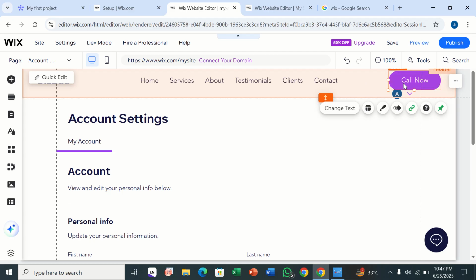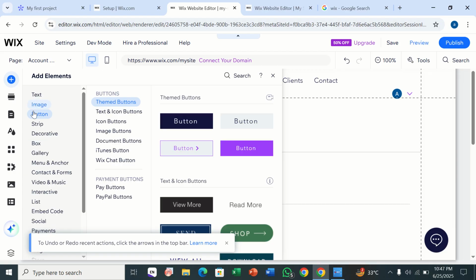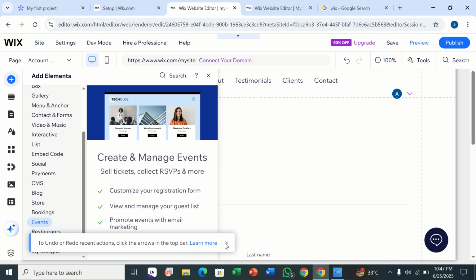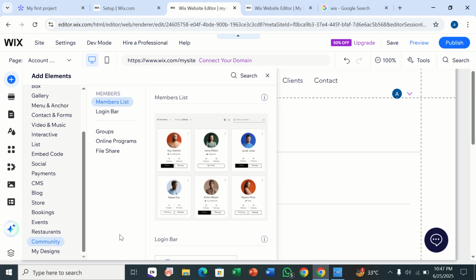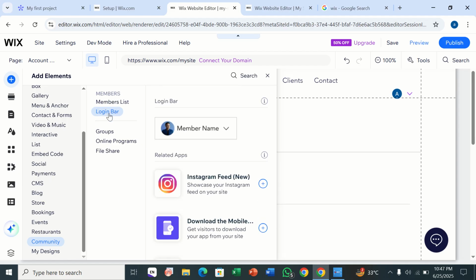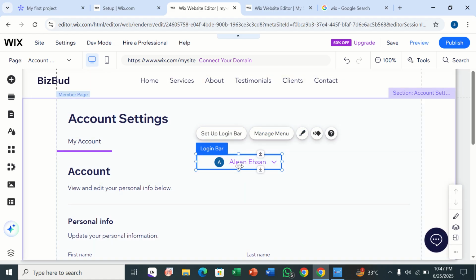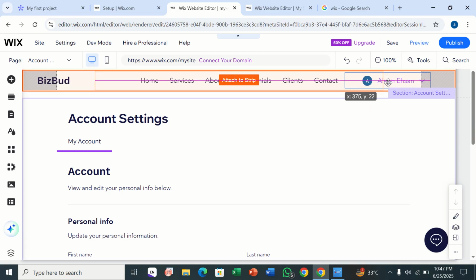Now what you need to do, let's just delete this portion, and here I am going to add the login button. So go to add elements. Here I am going to go to my, let's just cross this part so that it would be visible. Going to go to the community. Here you see there's an option of login bar. I am going to click on this, and this is my login bar. Going to drag it to the top right corner